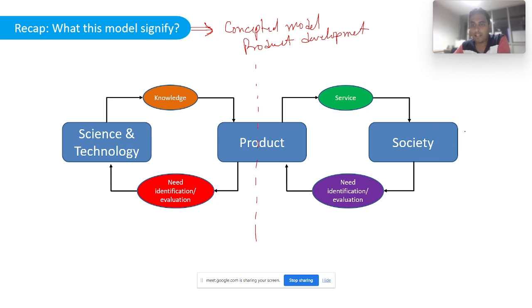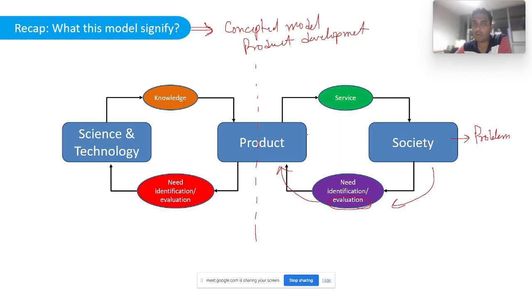There is a society, and society has some sort of problem or issues. Because of that particular problem we have some sort of needs and requirements. During this process we first identify the needs and then we evaluate the needs and the requirements. And then first we